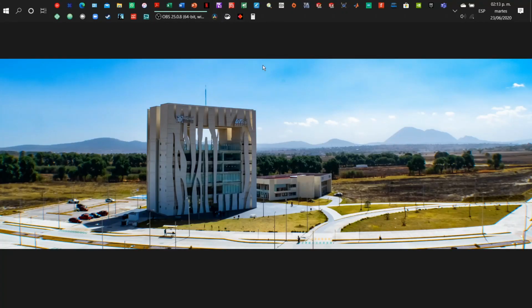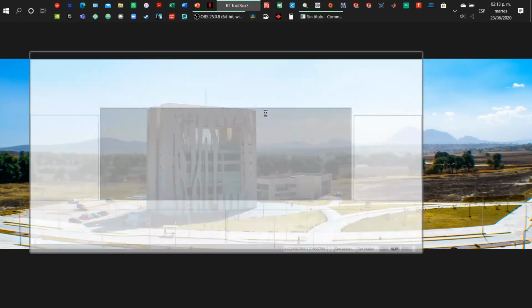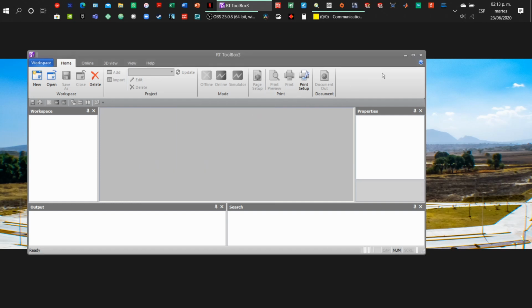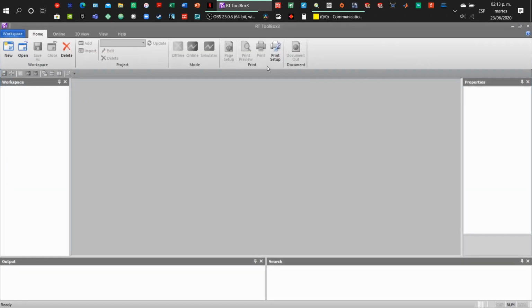So first of all, we have to open the robotic system environment, and we have to open RT Toolbox 3 in order to start programming. It is a Mitsubishi software, and we are going to see the network configuration settings before connecting to the